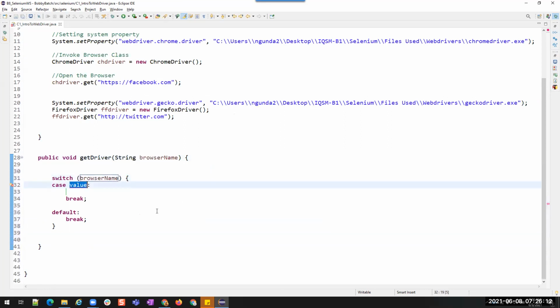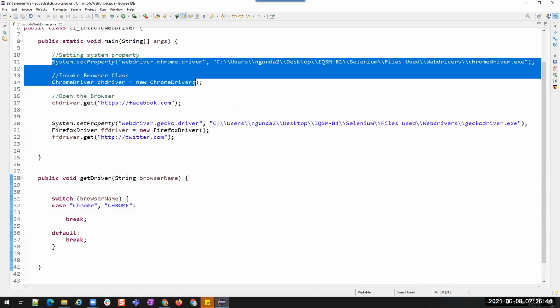If a case value is Chrome, case Chrome or CHR, Chrome, anything, uppercase or lowercase. If we have this Chrome, then what are we going to do? We are going to call these lines.